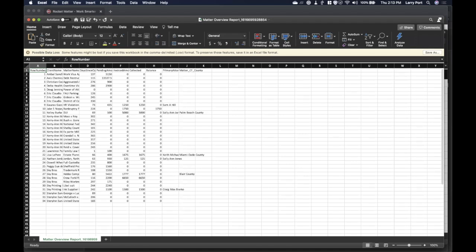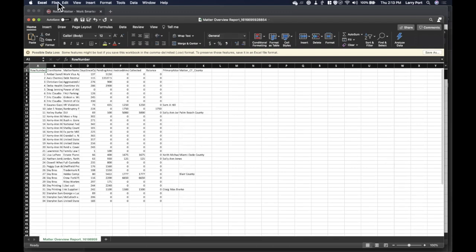The first thing I want to do right now is save this file as something else. Now, we're going to talk about this a little bit later, but when you download Excel documents from a lot of web applications, you'll notice that they're saved as .csv files. That stands for comma separated values. It's not a true Excel file yet. And we'll talk about that. We will address that towards the end of the talk.